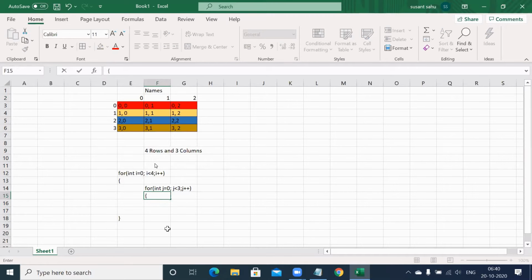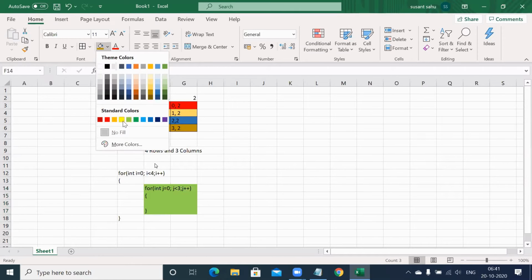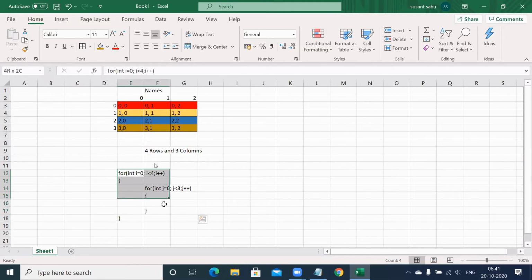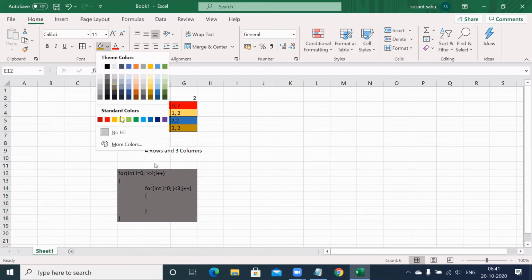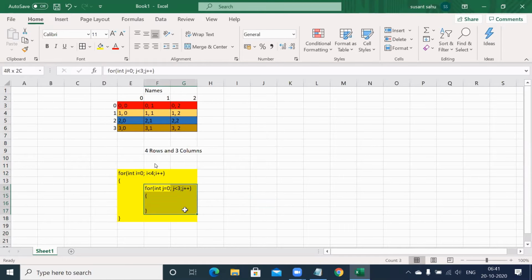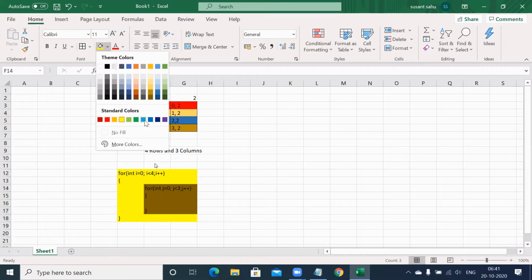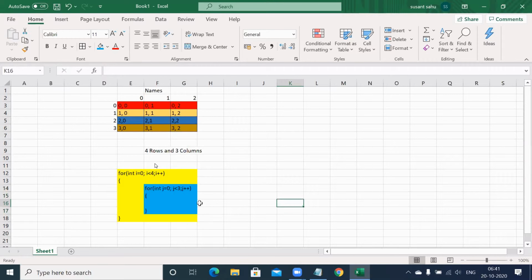So the inside loop is something like this. That means this is my inner loop. Okay, I can say this is my inner loop and this is my outer loop. So I can say this blue color loop is nested inside this yellow color loop. That means if this yellow color loop took some I equal to 0 and came inside, now that I equal to 0 will be constant across. J will be 0 and J will be 1 and J will be 2.